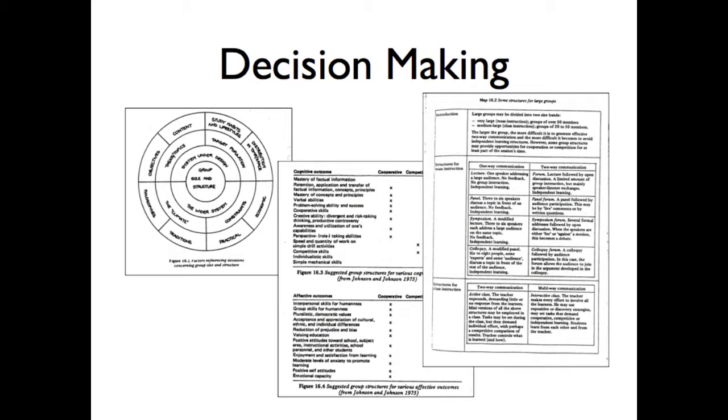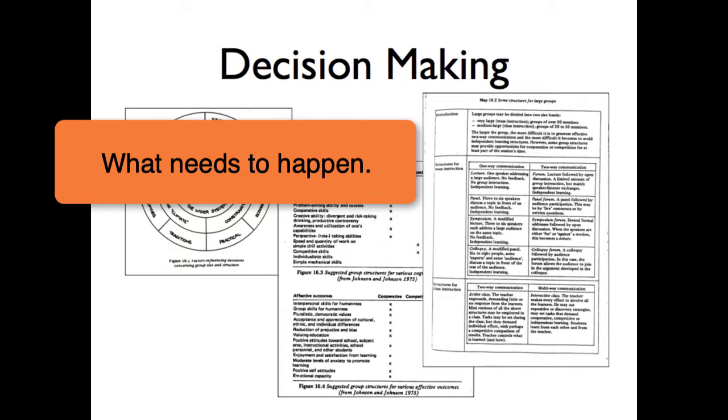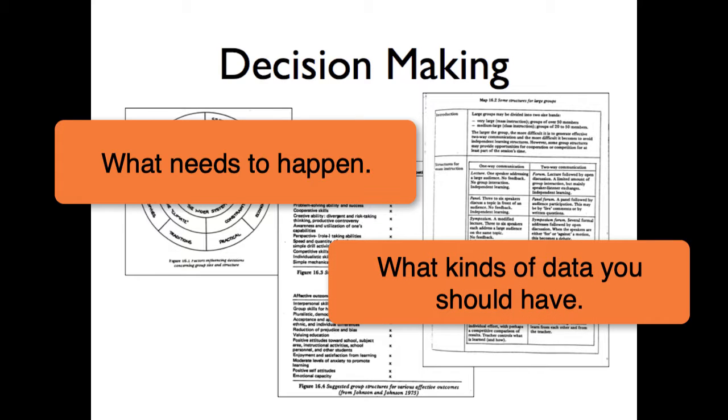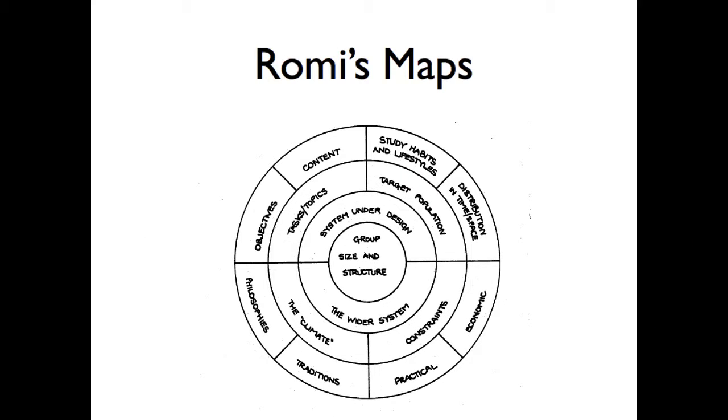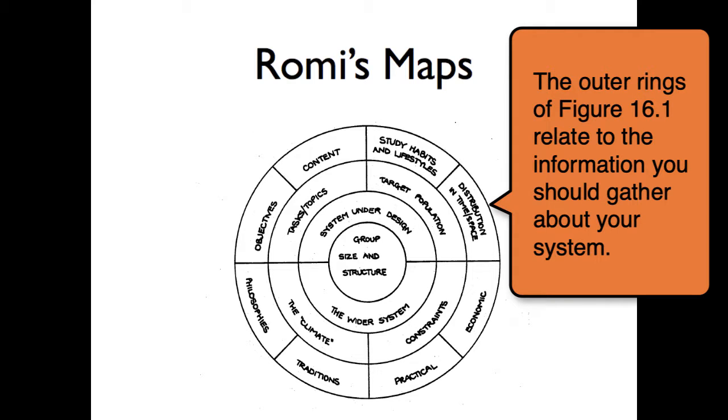Chapter 16 in Romie's book provides a structure for thinking of these decisions. Starting with 16.1, Romie reflects on what needs to happen, what kind of data you should have as you ponder these questions. Figure 16.1 speaks to this, specifically the outer rings. As you start to respond to the questions of how to organize and manage instruction, you should already have information from the front-end analysis. A need has been identified and information has been collected about the wider system in which